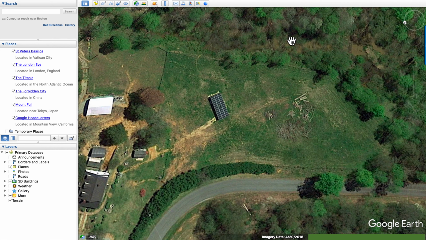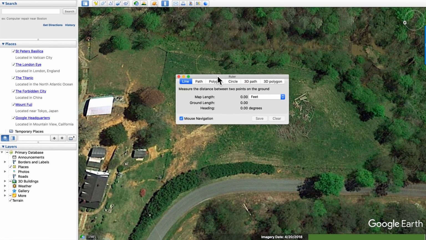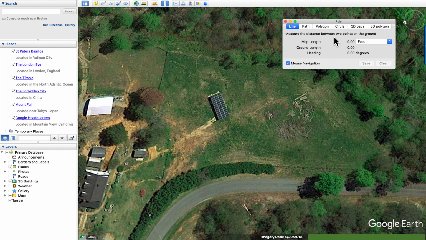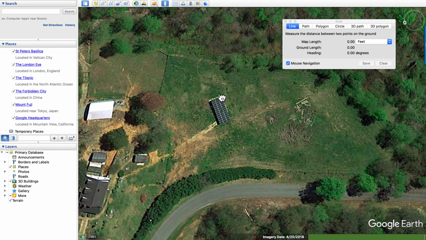And so now all we've got to do to measure this pasture, which is located right in this area here, okay? This is our ground mount solar panels. We're also going to measure the area of them. Now, just go up to the top here, see that little ruler, click on that, and you get this measure menu here. And for a line, if you just want to measure a distance, like the length,